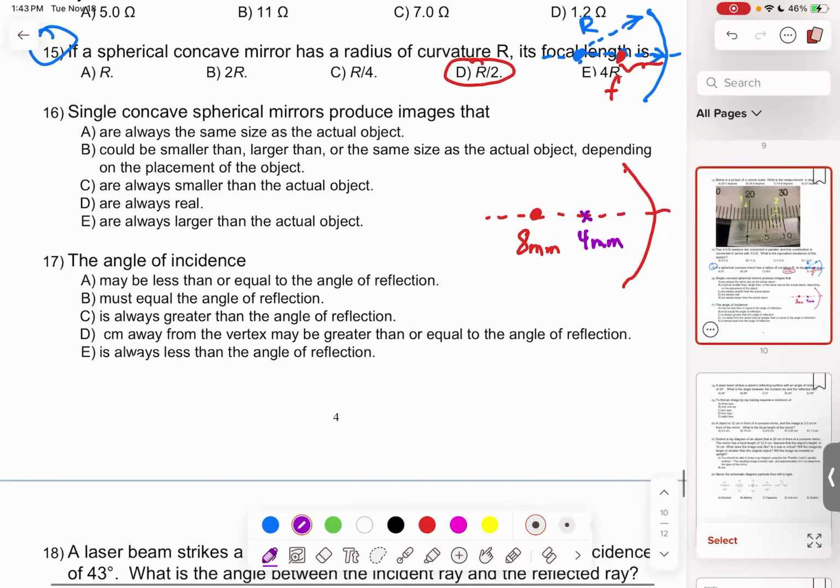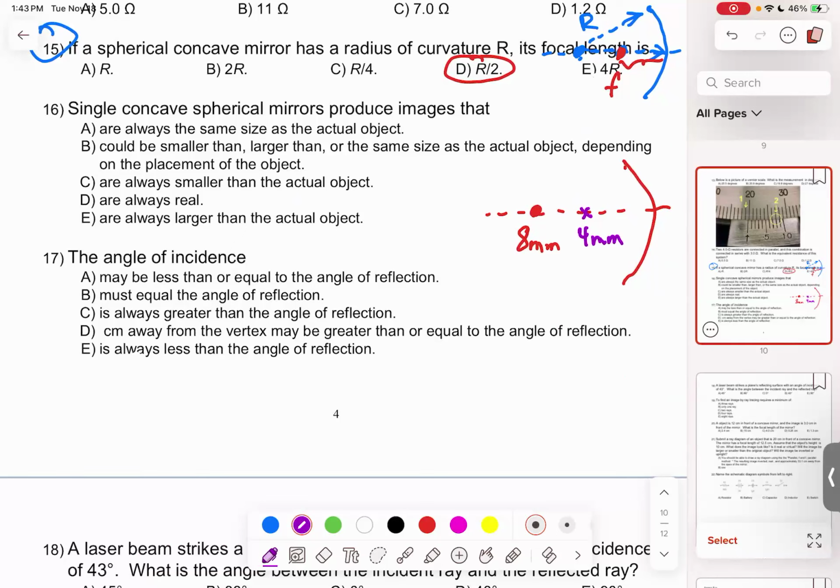Number 16. Single concave mirrors produce images that are, let's see. Well, this one's going to vary because it depends on where we put the object. And so what I'm going to have you guys do, and you're going to need to make sure you have this proper as well, is you're going to need to have,